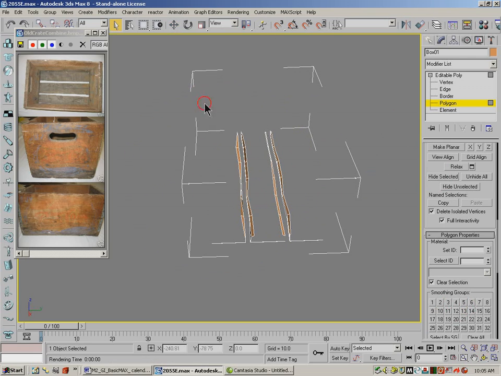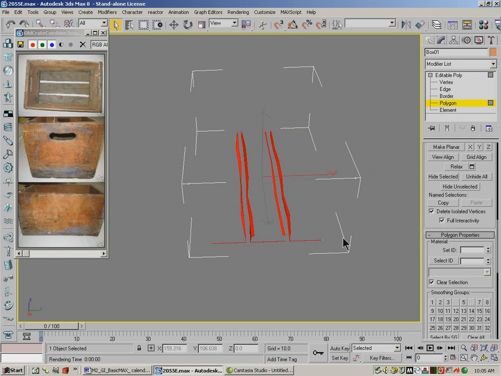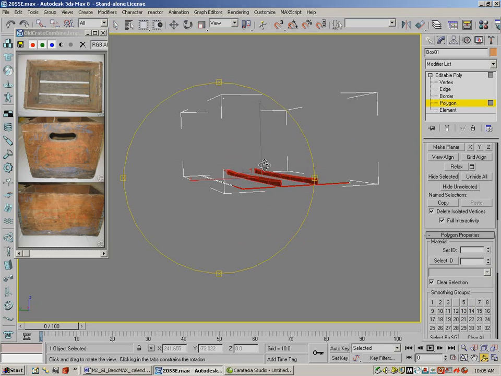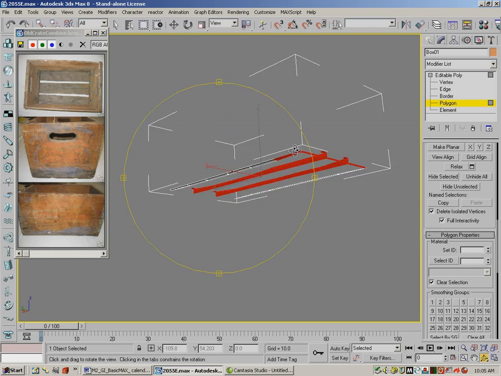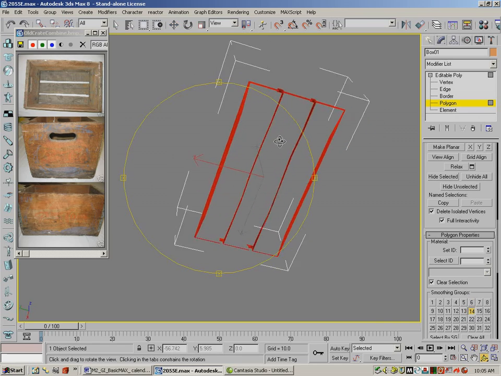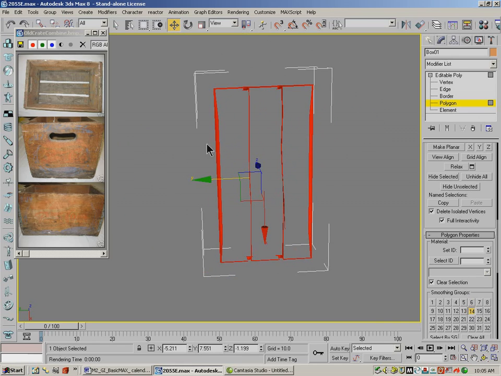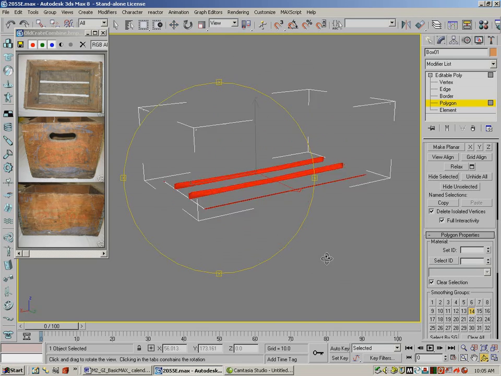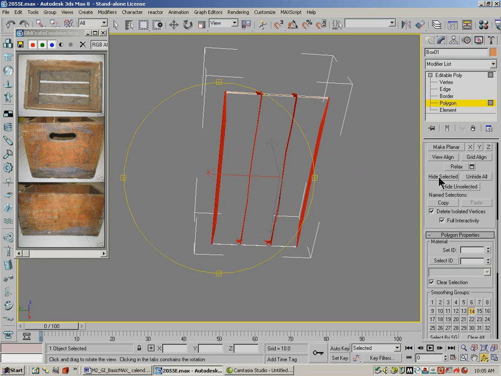And I think just because I'm not quite sure what's what down here, I think we'll just grab everything and make it 14. And then we'll deselect these guys going across this way. We want those to be a separate smoothing group so it doesn't smooth on the corners. We'll hide those, and then these guys can be